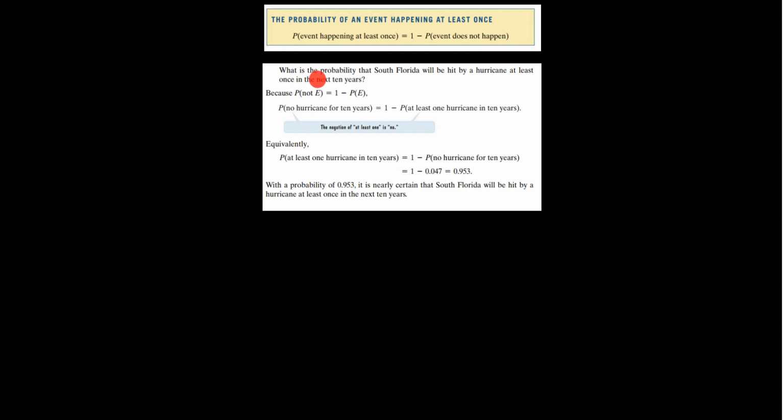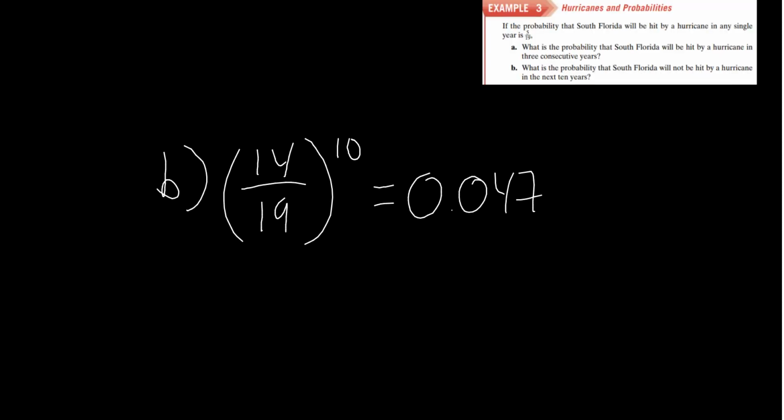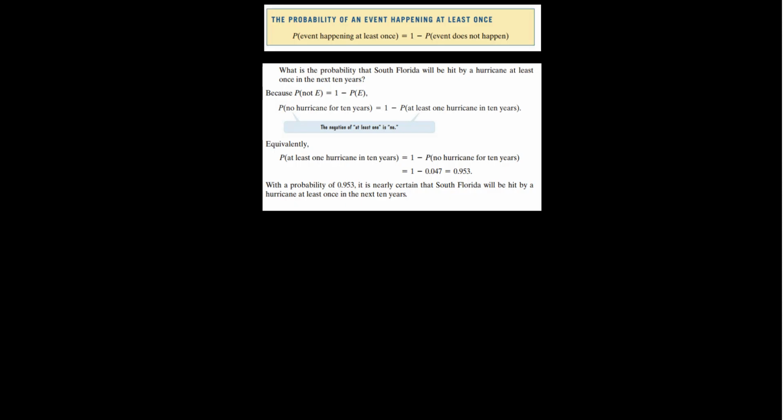And it reads, what is the probability that South Florida will be hit by a hurricane at least once in the next 10 years? Okay, well, we did the arithmetic, right? B was the probability that South Florida will not be hit by a hurricane. Well, we want to figure out now what is the probability that it will be hit by a hurricane at least